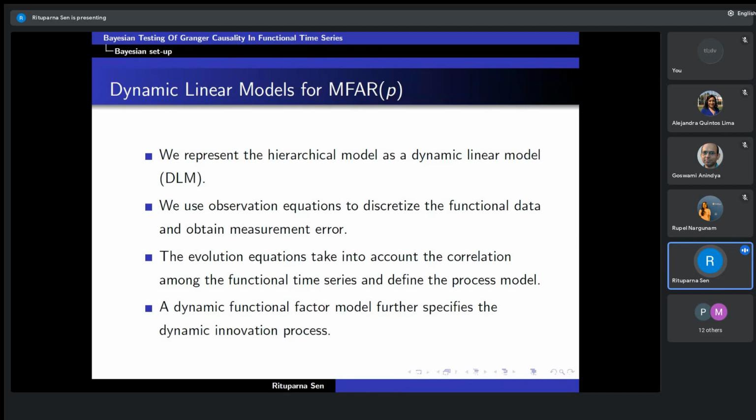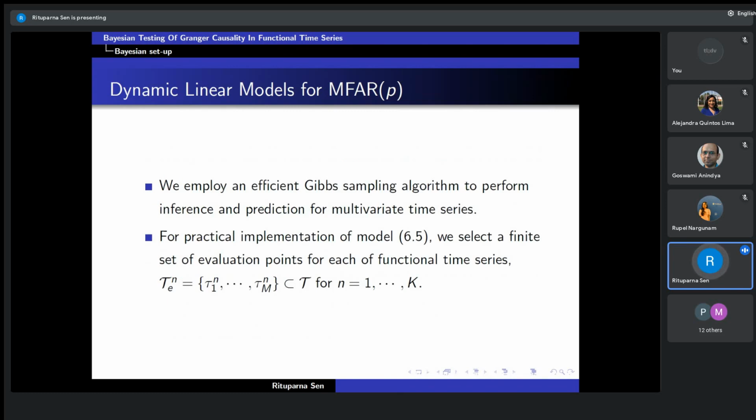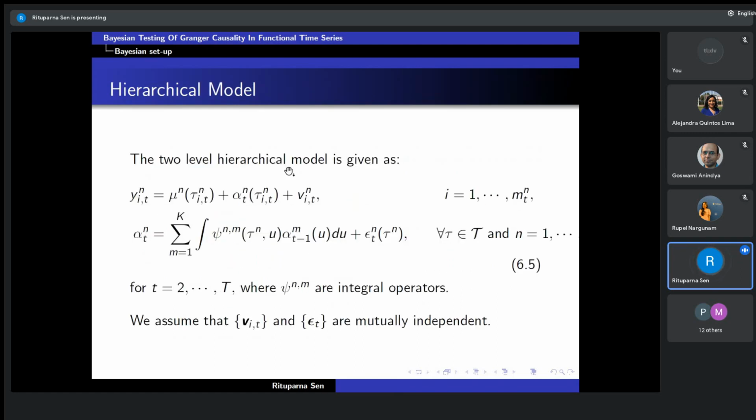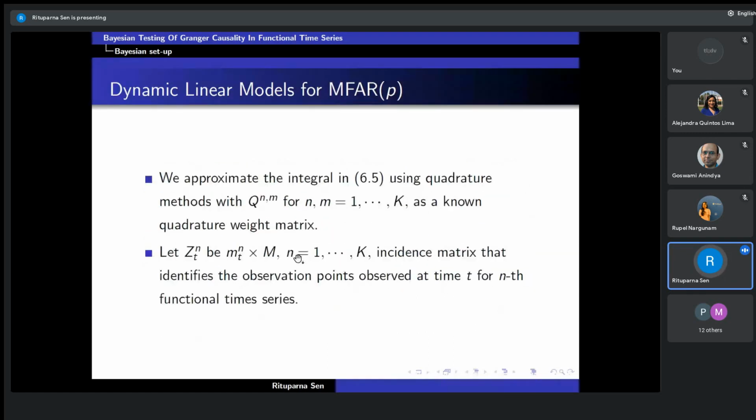We will use the observation equation to discretize the functional data and obtain the measurement error. And then the evolution equation takes into account the correlation among the functional time series and defines the process model. And then we will employ efficient Gibbs sampling to perform inference and prediction. For practical implementation, we select a finite set of evaluation points for each functional time series. We will also need to discretize, so approximate the integral. So we have this integral here. We approximate this with quadratures,